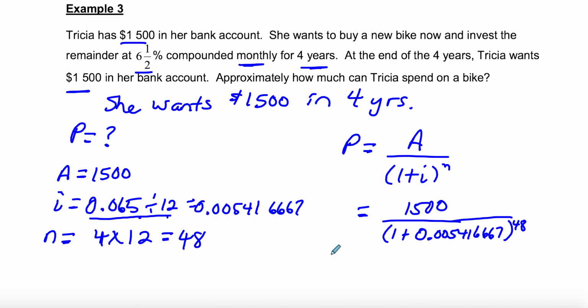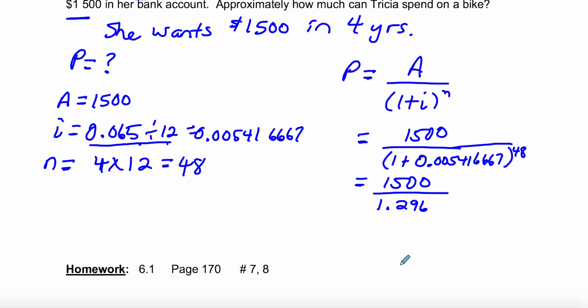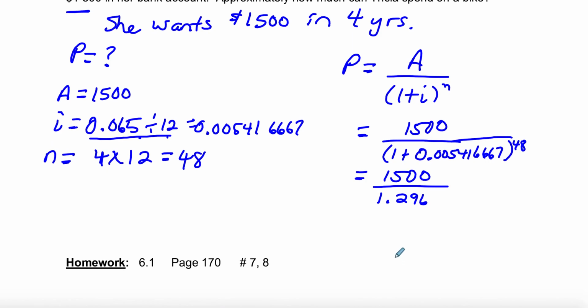Okay, so I would probably do the denominator first. You could type it all in at once if you wanted, but I would probably do the denominator first, add those two numbers up on my calculator, find the answer to the exponent 48, and I got 1.296. So if I have that and I divide, I get